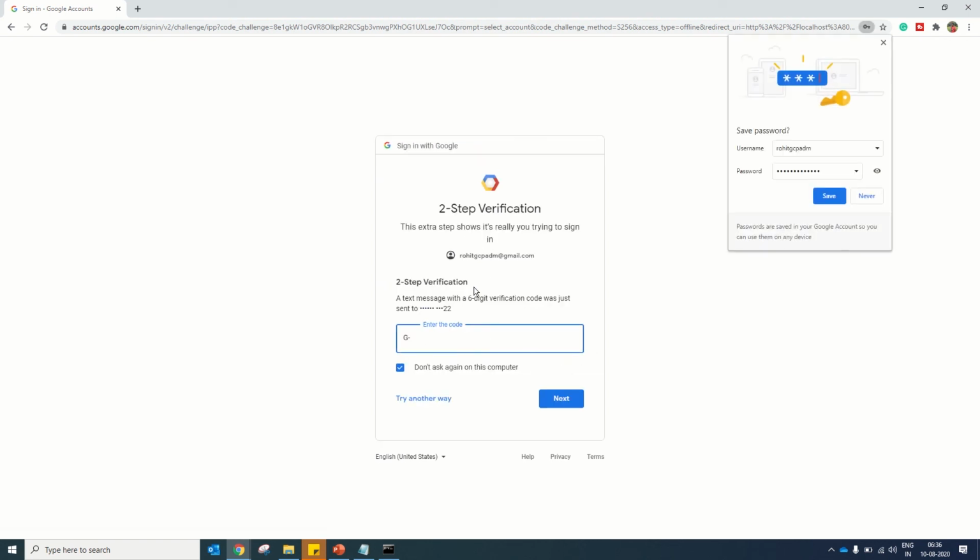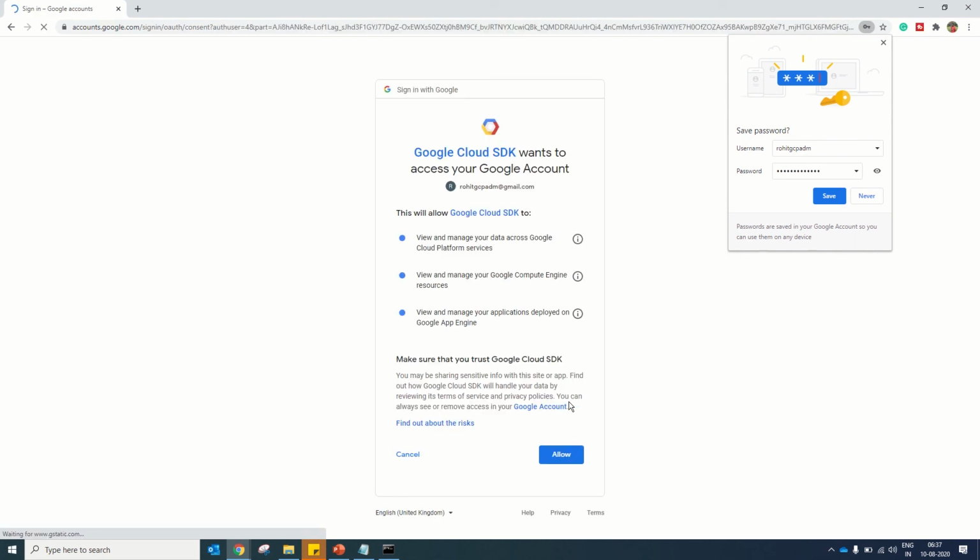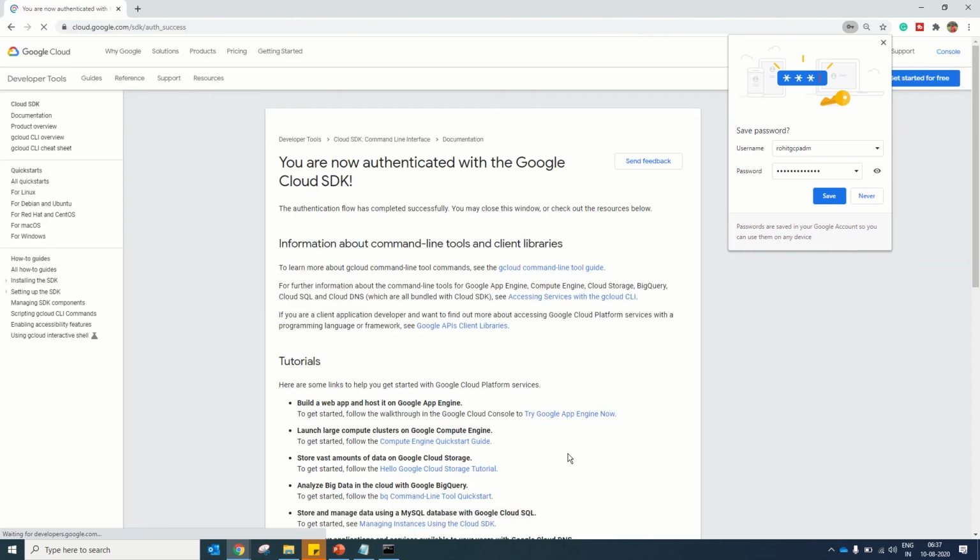Now it will ask for the code because I have enabled two-factor authentication. It's asking whether you want to allow Google SDK to perform actions on your Google Cloud account. I said yes. Authentication is a success. Now you are authenticated with Google Cloud SDK.